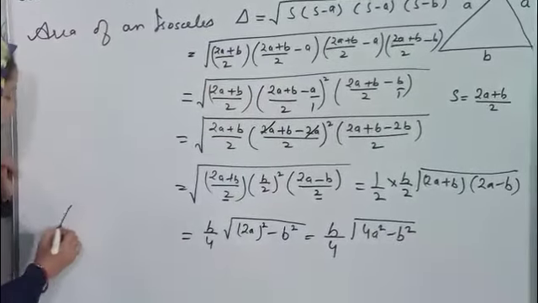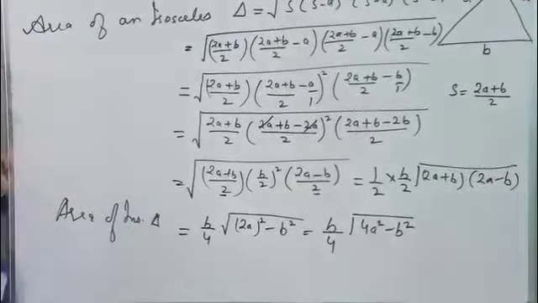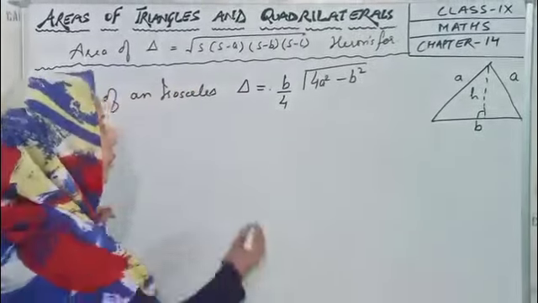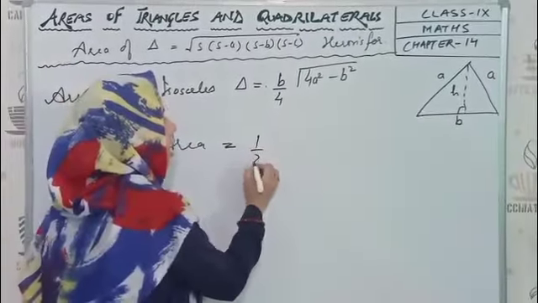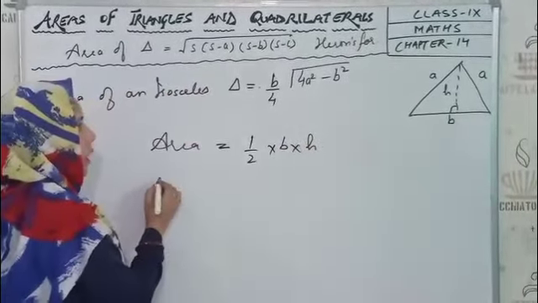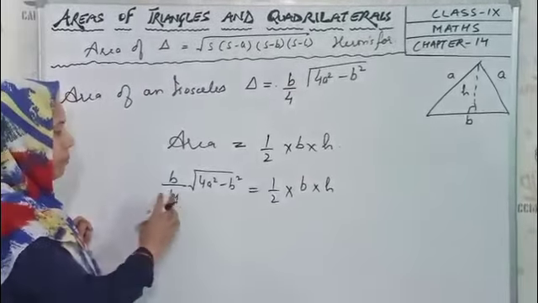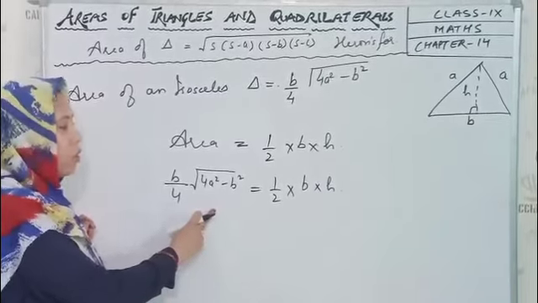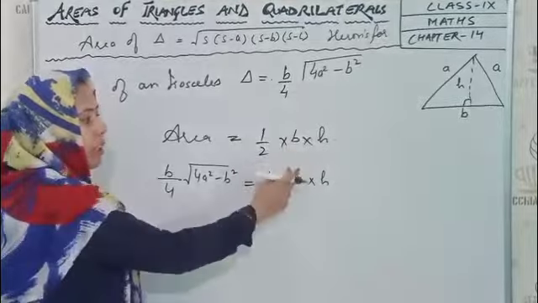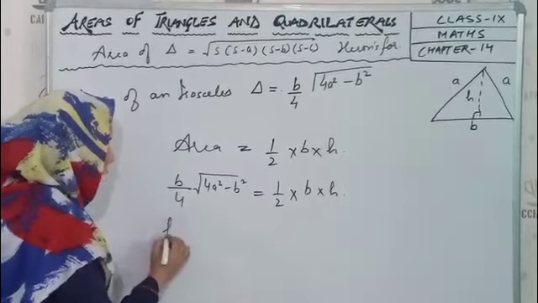This is the area of an isosceles triangle. Now we can also calculate the height of an isosceles triangle. We know that area is half base into height. The area of an isosceles triangle is b upon 4 under root 4a square minus b square. We had calculated it from Heron's formula, and the remaining part, because the base is b, is the same. Now transfer them. So h is equal to